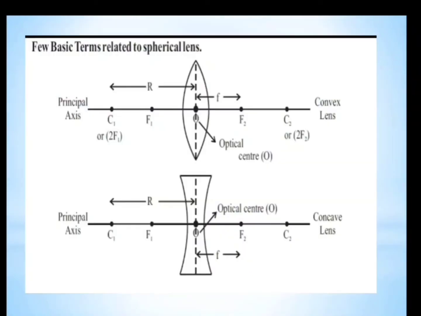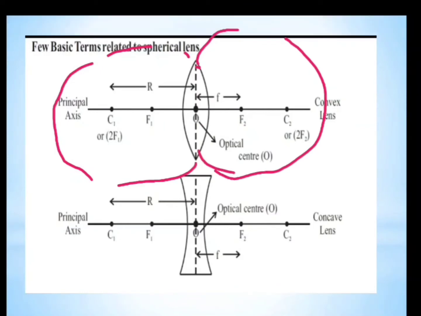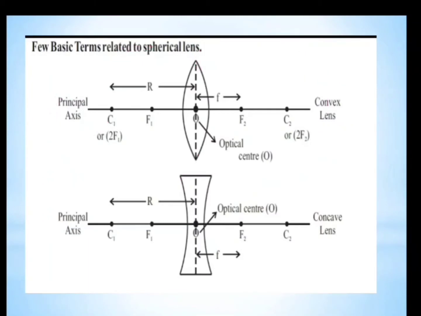Let us discuss some lens related terms. The very first is the center of curvature. Now, if we assume the lens is a part of two complete spheres, देखिए हमारा जो lens है, it is a part of two spheres, right? So every sphere has a center. This sphere has center C1, whereas this sphere has center C2. So therefore, the center of curvature is the center of the sphere of which the lens is a part, and we have two centers of curvature in convex lenses as C1 and C2 here.